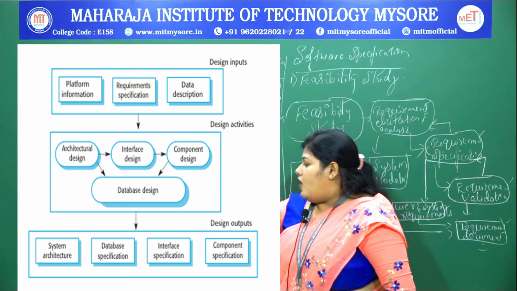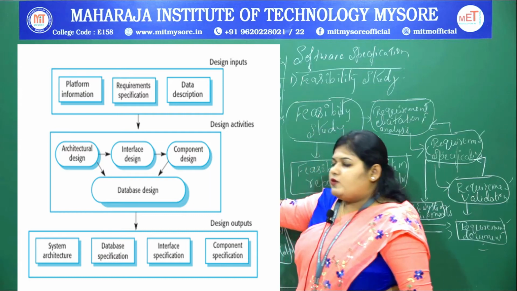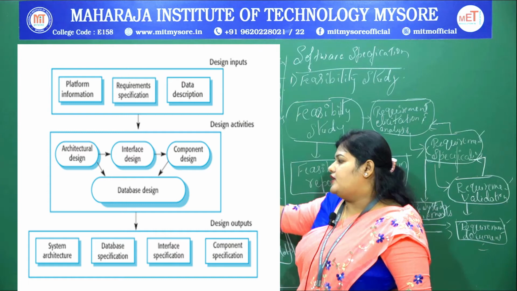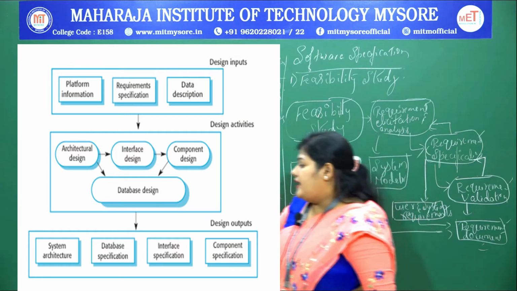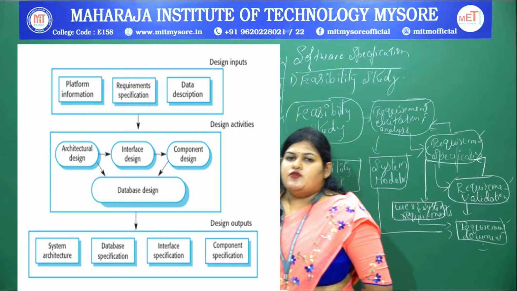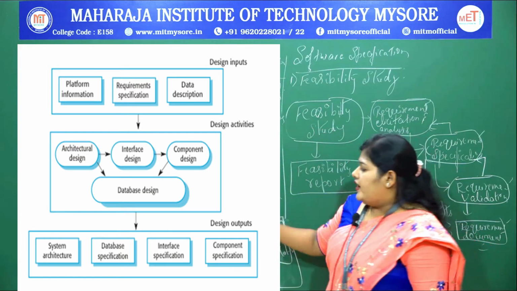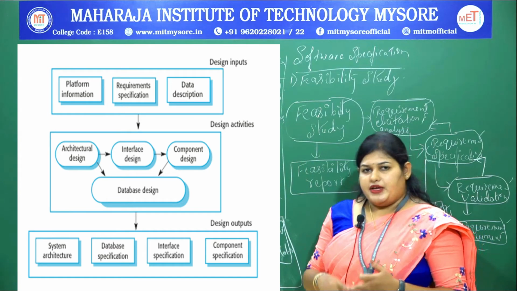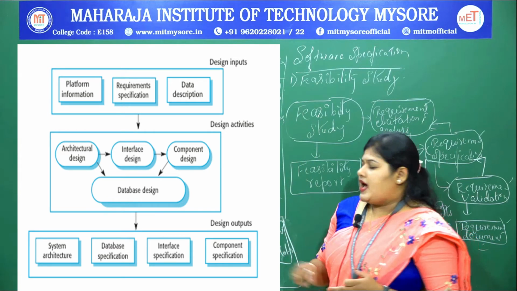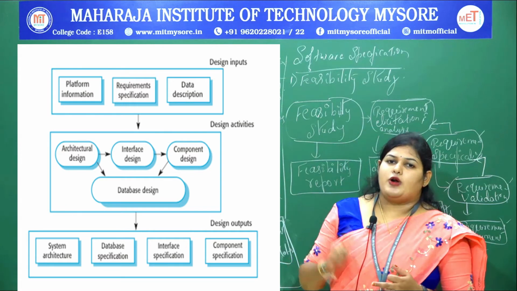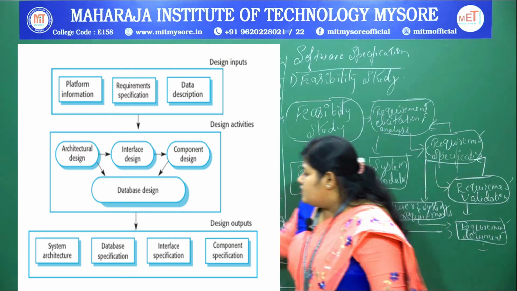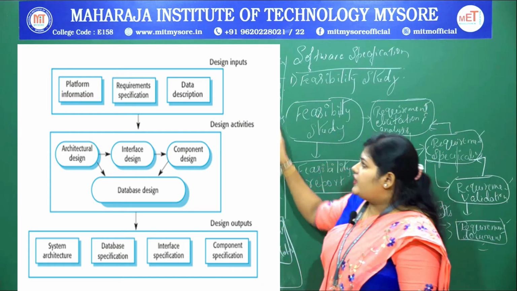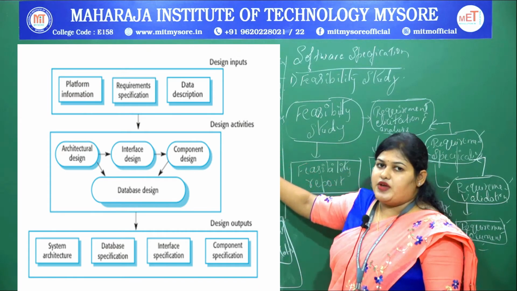On the declaration of what requirements we need, in connection to that the database design will be formed. But the system architecture will give how the process of the software will be working, by using the requirements as well as the system models that should be applied. And database specification will also be performed as required. This is a generalized way we are going to explain.